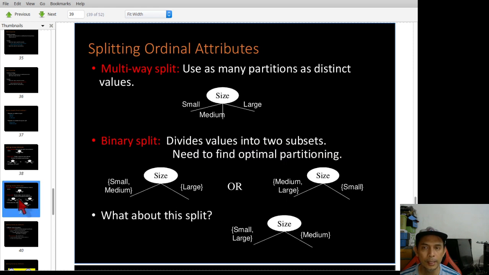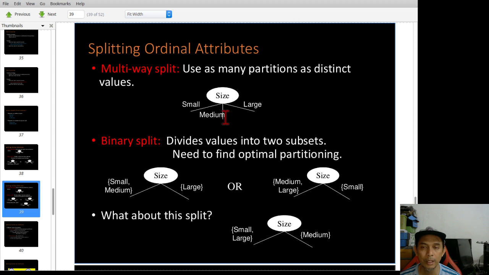Okay, another example, let's say you have size: small, medium, and large. If it is multi-way split, then it should be easy. But the question here is, why do you need the binary split instead of multi-way split if you have three categories? The answer is because binary split is much easier to handle compared to multi-way split.